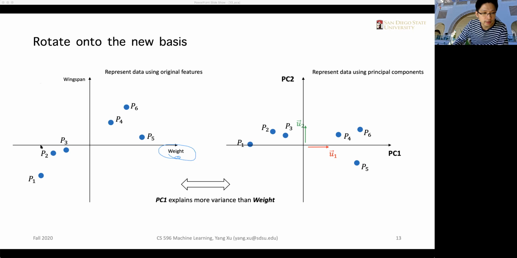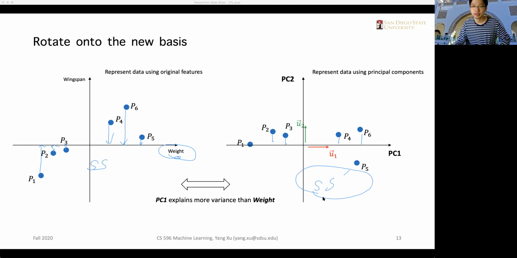If you look at the projections of the data points onto weights, it can explain the data points in terms of SS, that much variance. But if you compute the projection onto PC1, the variance SS prime is much bigger than using the original feature. Okay, because PC1 is a linear combination of weight and wingspan,